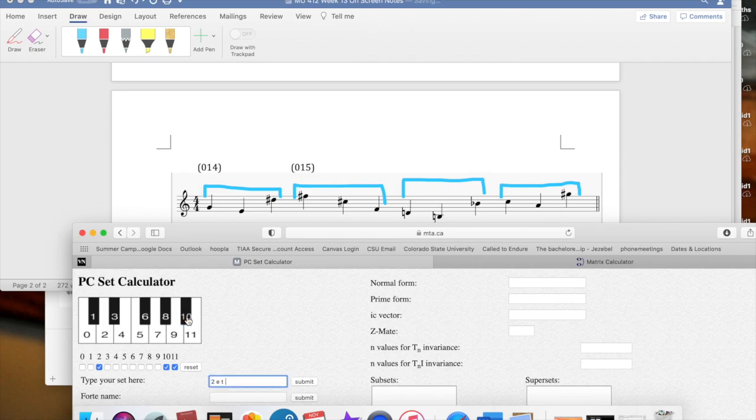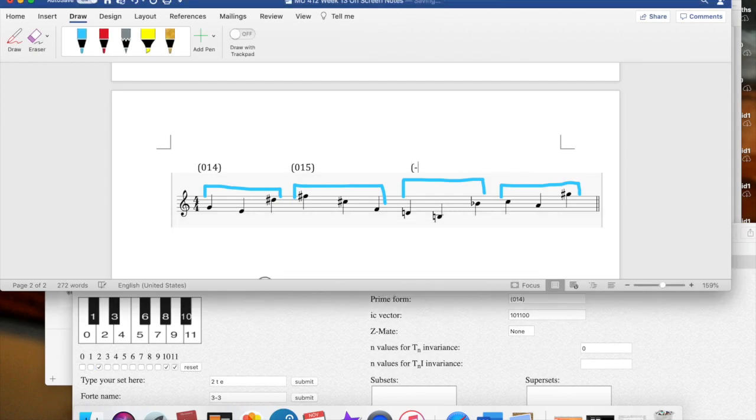We'll try this one and see if it's any different. D, B, and B flat. We've got 014 is back. So we have another 014.